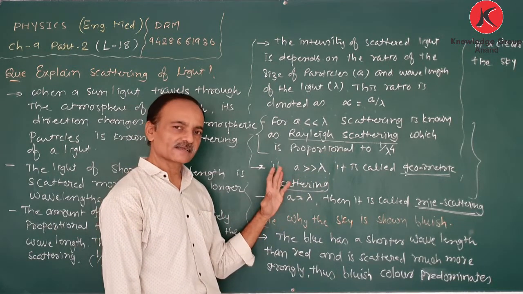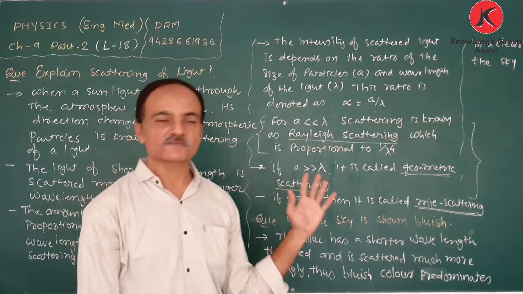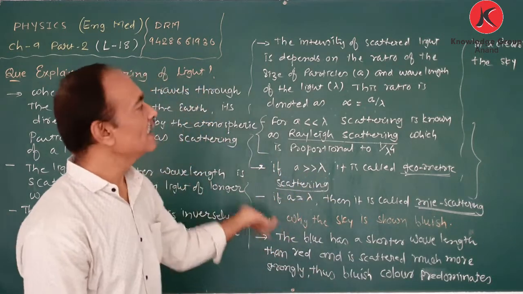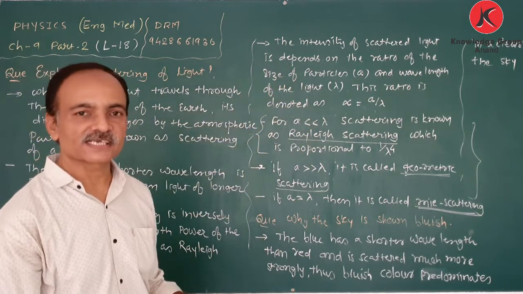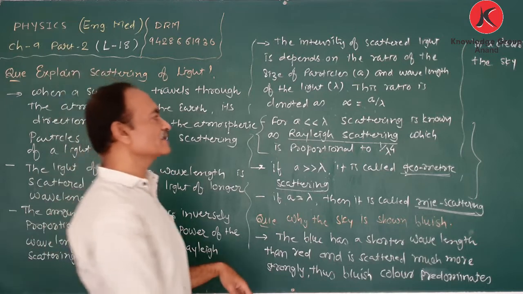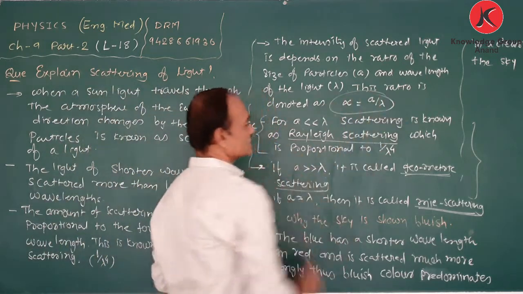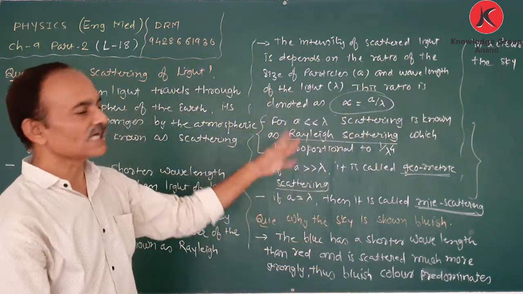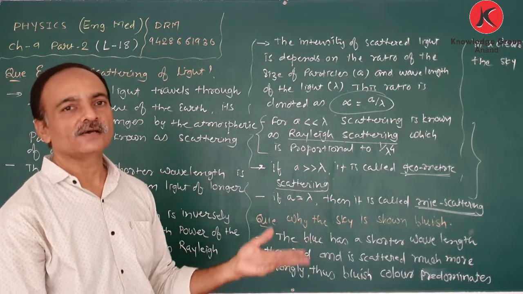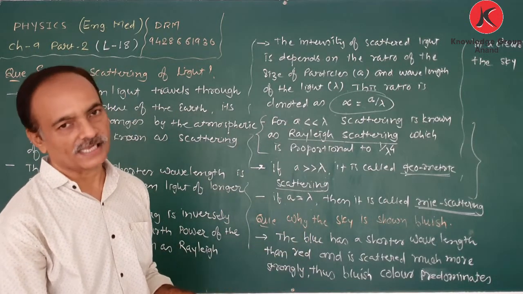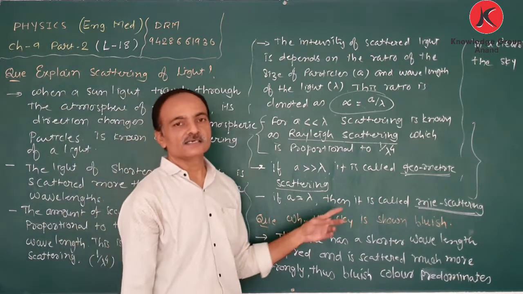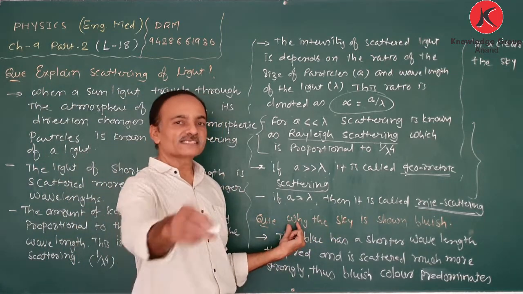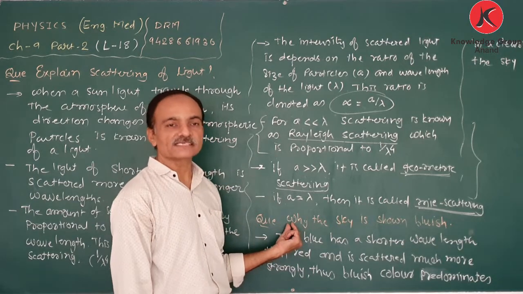Is this clear? So that is the phenomenon of scattering, the types of scattering, what Rayleigh scattering is, and that the intensity of the scattered light depends on the ratio of the size of the particle to the wavelength of incident light. On the basis of the scattering phenomenon, some natural occurrences are seen in our life: